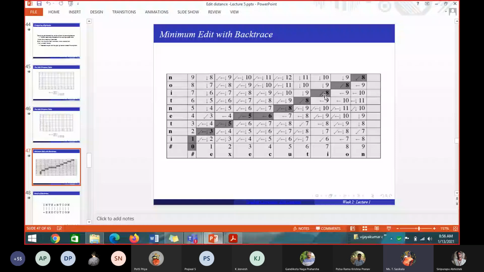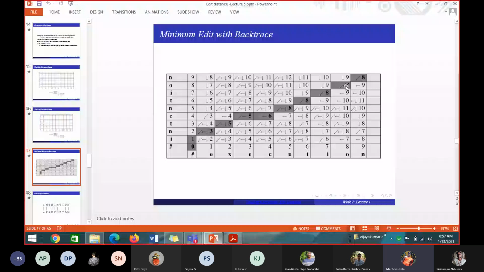So now I and I. Take I and I. This 8, how have I arrived? Put a line through this 8 and this 8, and put an arrow mark. This 8 I got from this 8. This 8 I got from this 8. Now this 8 I have to find. I and I 8, how did I get this? Can you tell me?